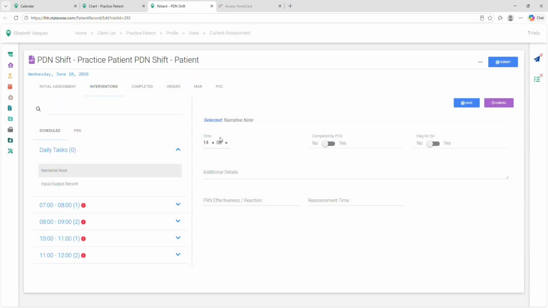Under note narrative, this is where you'll document any notes throughout your shift. Make sure you have the correct time, and under additional details, this is where you can document your note. We are not documenting every 2 hours like we did in Access, where we had a note narrative every 2 hours. So here we can put in our patient had an appointment, any medication changes, if your patient is experiencing any abnormal symptoms or vital signs,